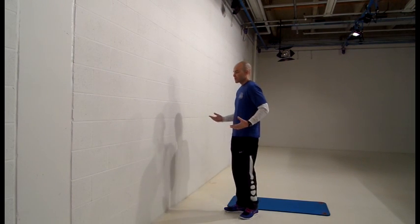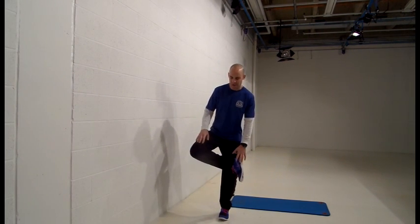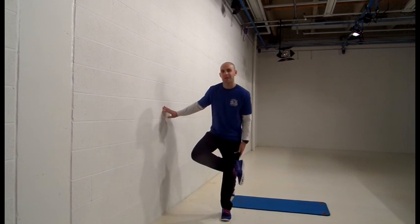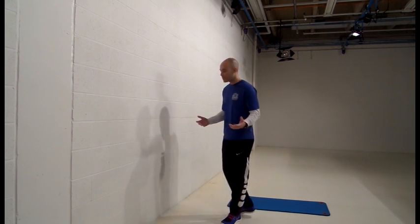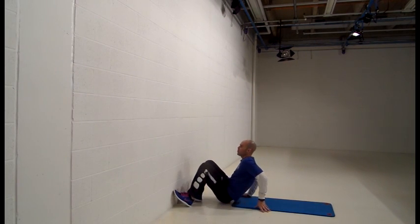So a great stretch for that is called a figure 4 stretch. Some people will try it standing up. You'll bring one foot on top of your knee, hold on to something, and squat down. But most people will rush through that stretch because they're squatting down and it strains their muscles or their knees. So an easy way to do that would be to lay on your back, come close to a